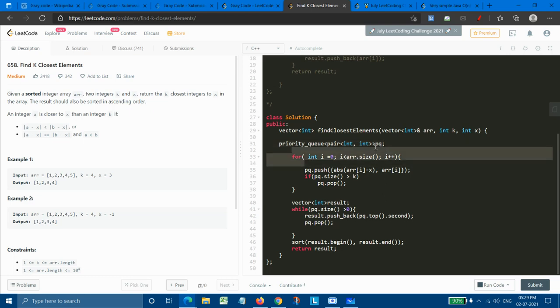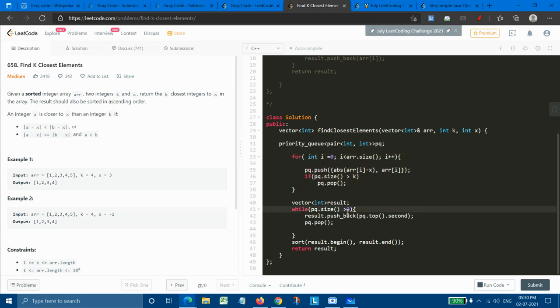We will fill it by traversing the whole input array, and while traversing we will simply push the difference between the present element and the x element, along with the element itself. Then we will maintain the size of the heap by keeping a check with this condition: when it exceeds k, the top element will simply be popped out. In this manner we'll be filling up our max heap.